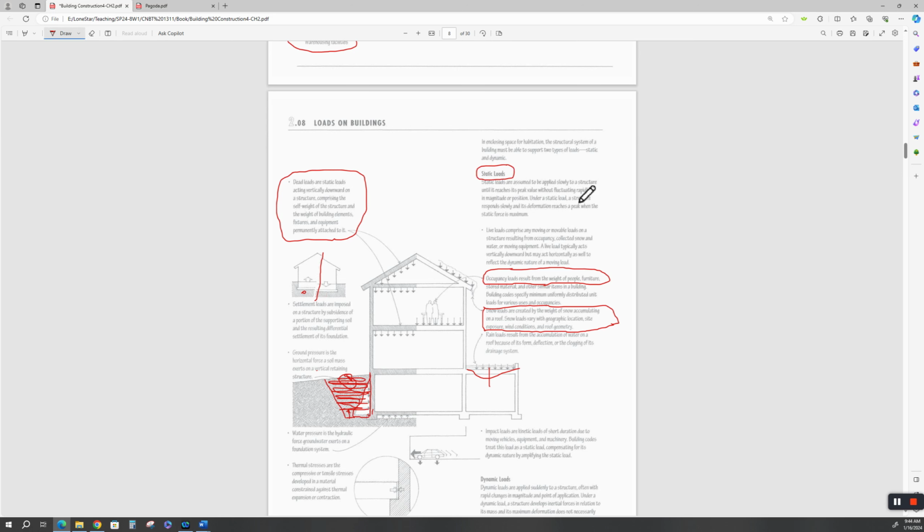Static load is slowly applied to a structure until it reaches its peak value without fluctuating rapidly in magnitude or position. Under a static load, a structure responds slowly, and its deformation reaches a peak when the static forces maximize. Okay, now